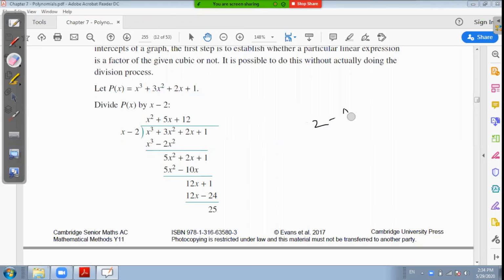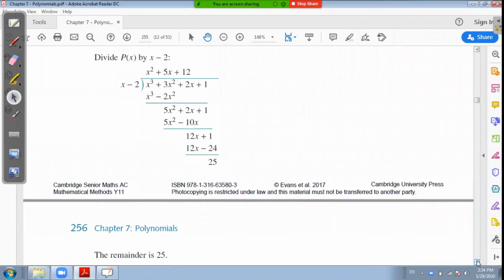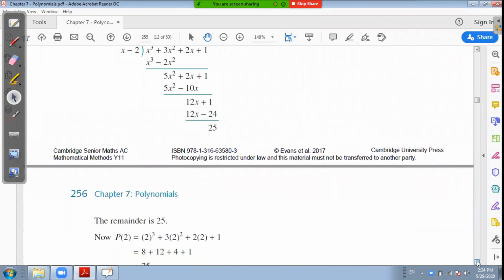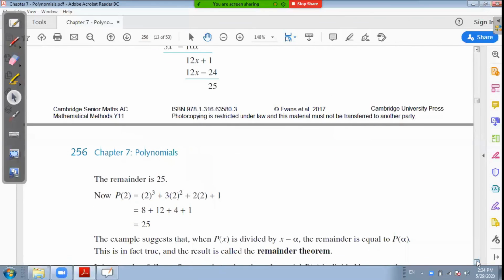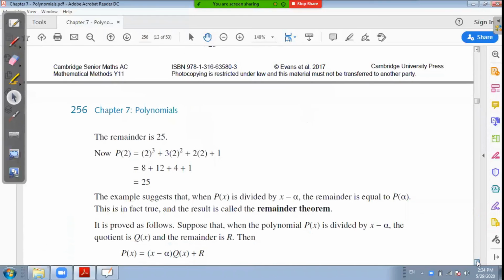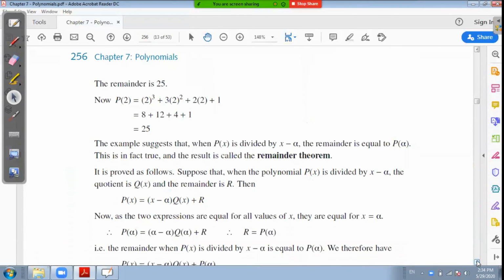So by the remainder theorem, as its name shows, we just substitute the value. For example, we take x minus 2 equal to 0, and then substitute it into the equation, like this one. Here it has been done. So we have to put positive 2. If the factor is x minus 2, then we have to put